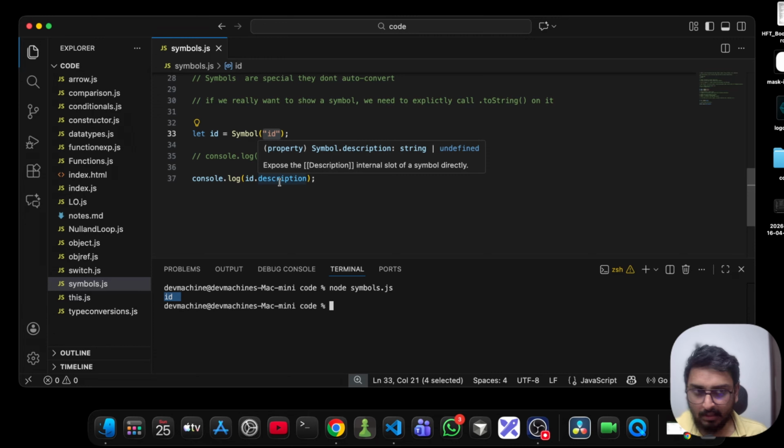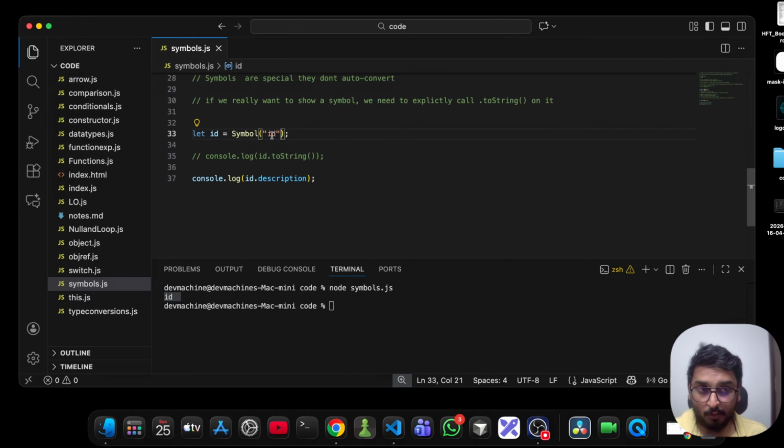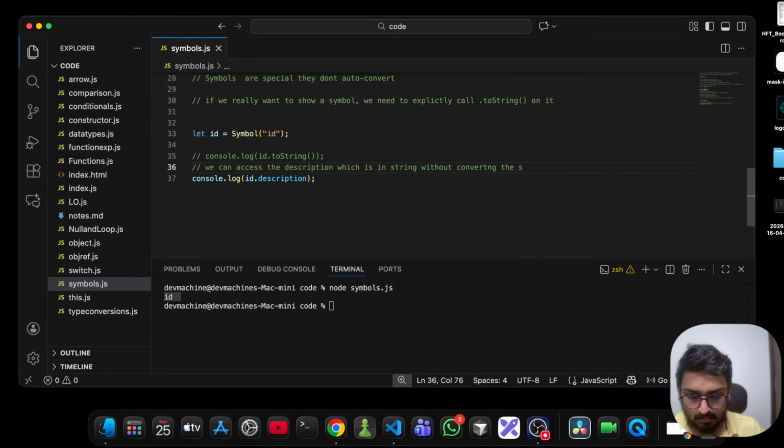We can get this description because the description is present in the format of a string. Let me write it. We can access the description, which is a string, without converting the symbol to string,